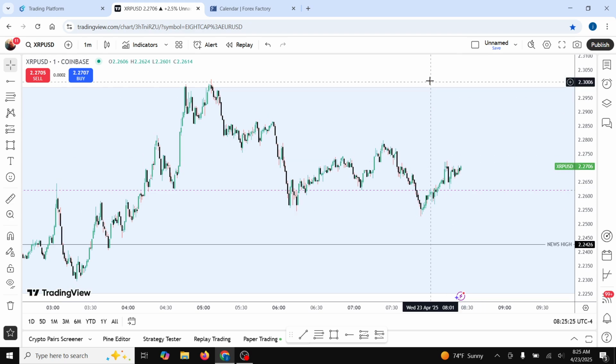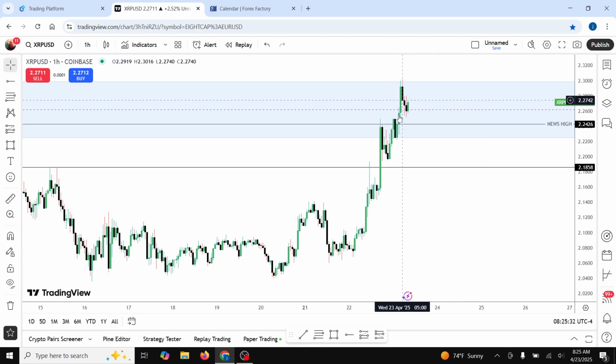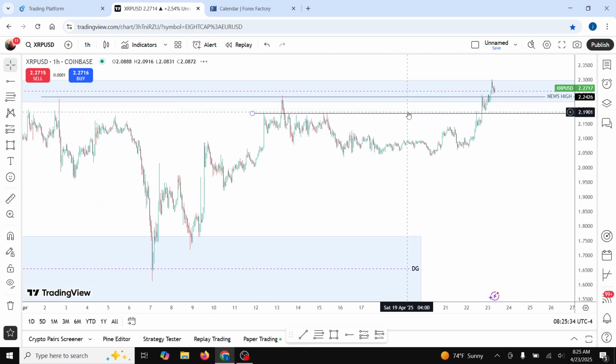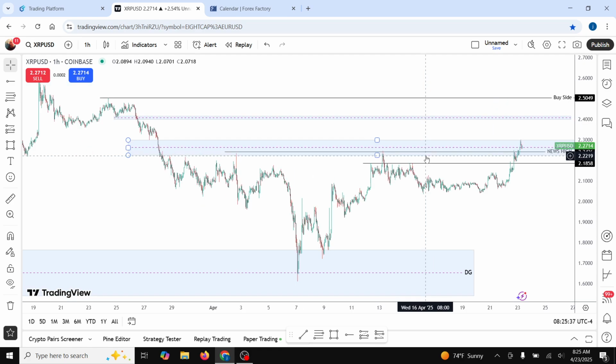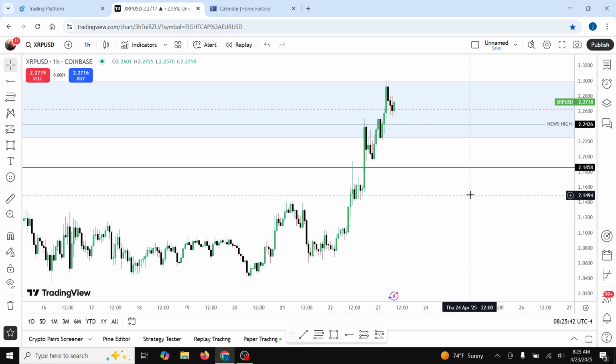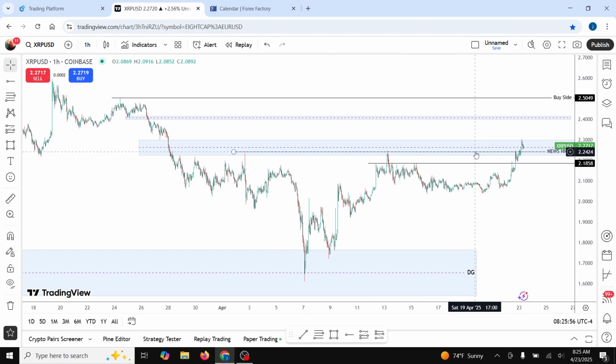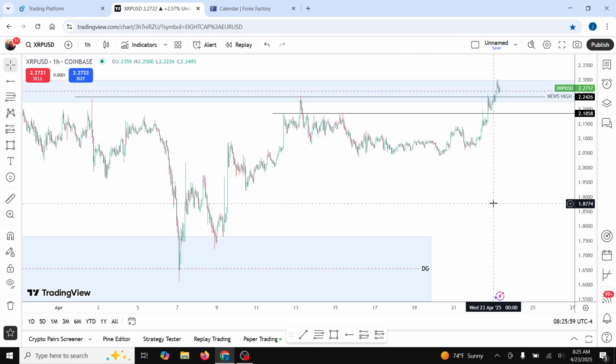Let's go ahead and jump to the hourly chart. So on the hourly chart, you see how we're kind of reacting here? We still have this buy side. So we could see higher prices, honestly. I mean, like I said, on that higher time frame, we could come up to take this buy side, but just be careful